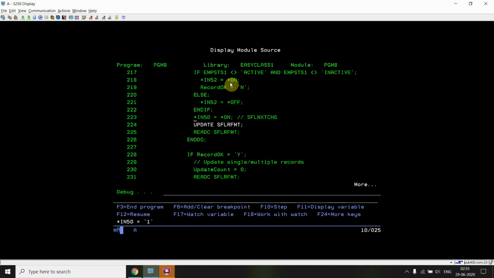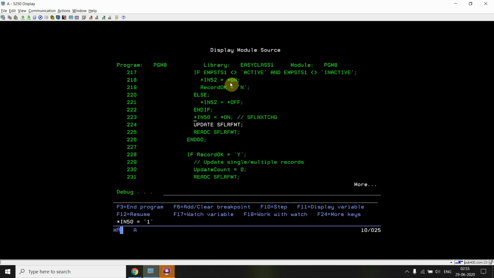But now after validation is successful, I have to update those records, and when I do READC again, I'm not getting any change records. So how can I do that? I can do that using the SFLNXTCHG keyword.